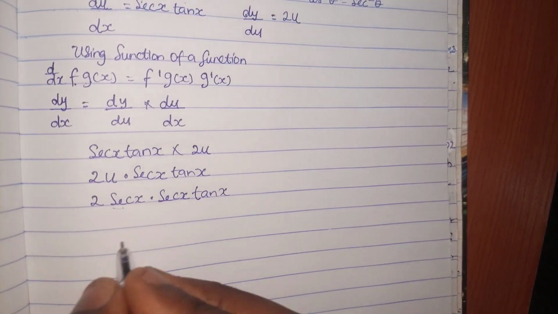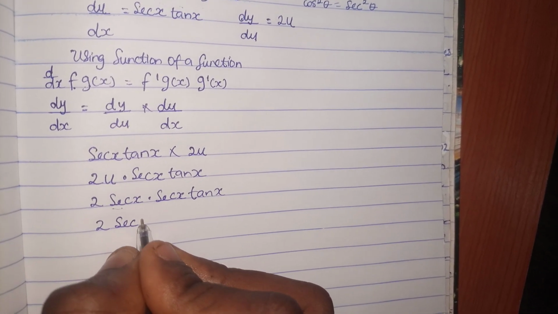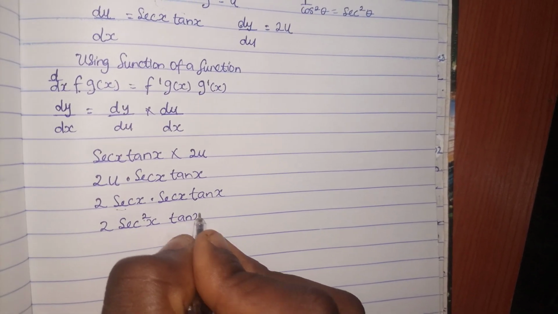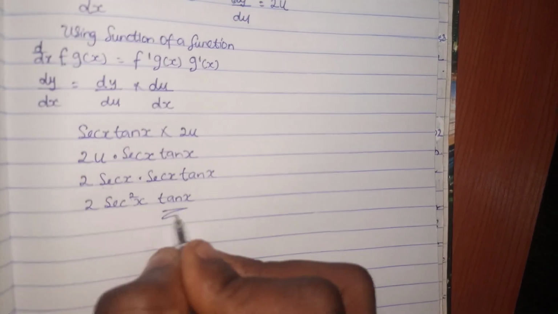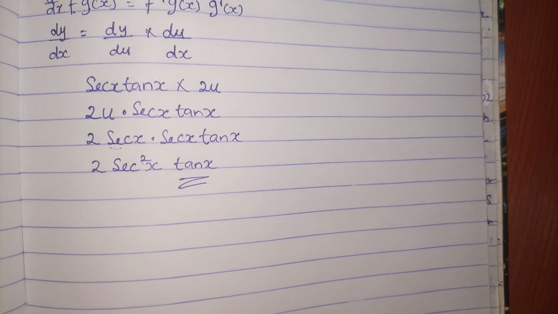So sec x times sec x is sec squared x, giving 2 sec squared x tan x. This is our answer. If you want to break it down to get Sir Moses Bliss's answer,